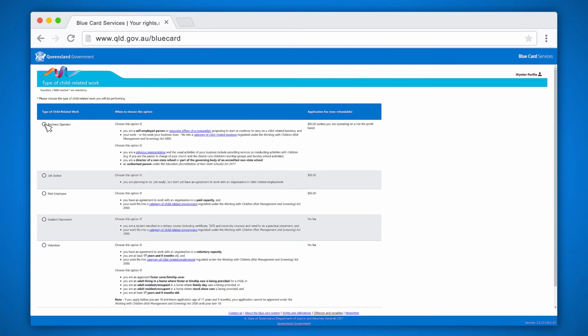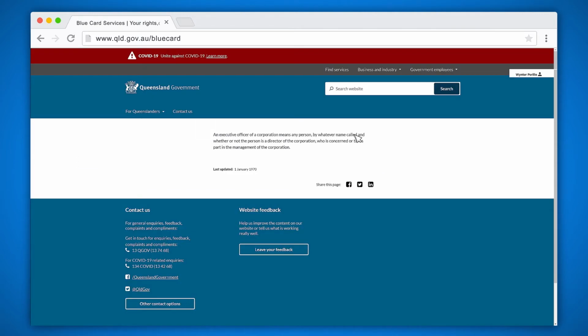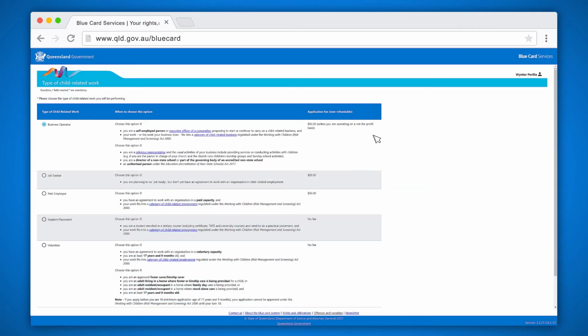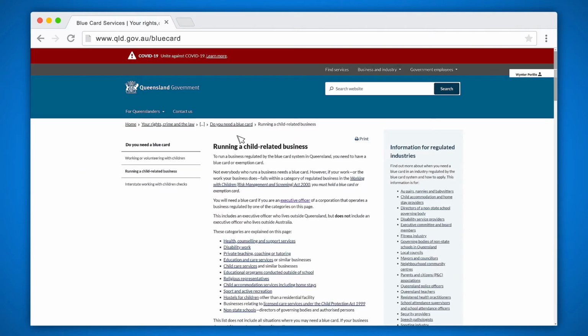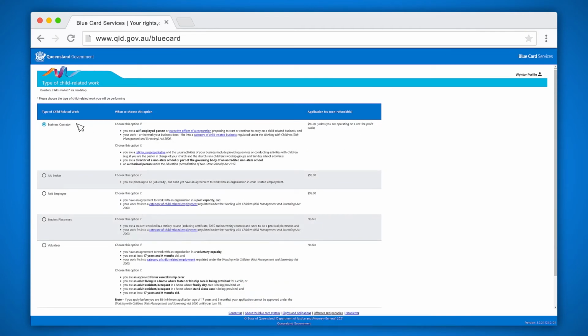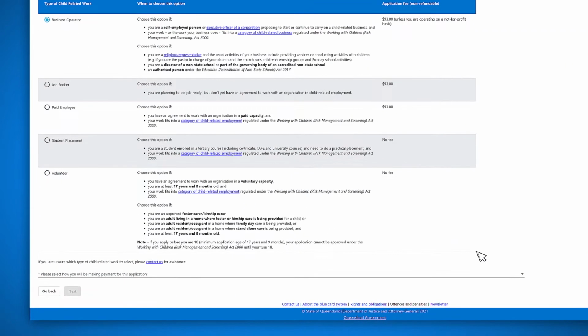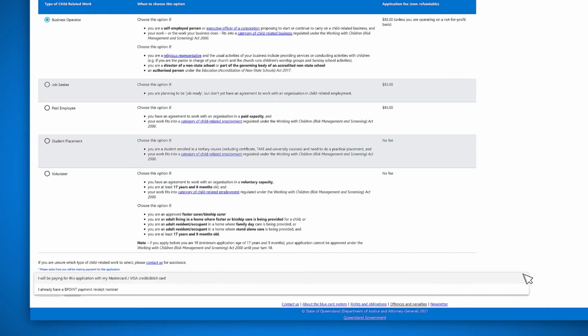On the next screen, you will need to indicate you are a business operator. Make sure the button turns blue and has a round circle in it. We have direct links to definitions such as an executive officer of a corporation, category of child-related business, and restricted persons. Next, scroll down to the bottom of the screen